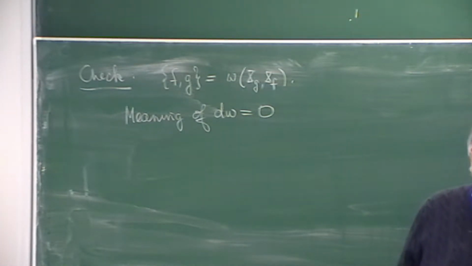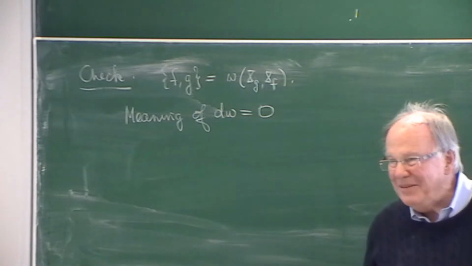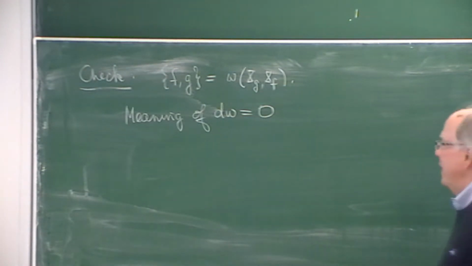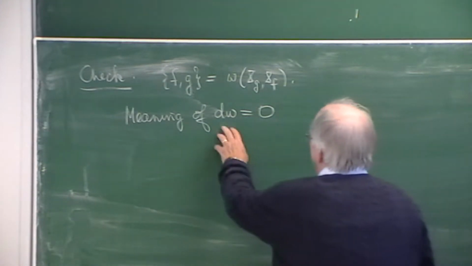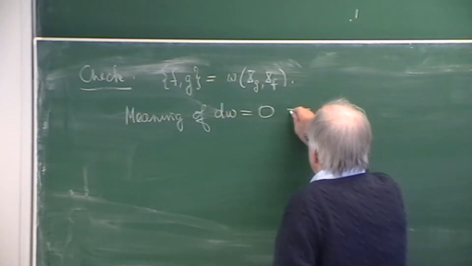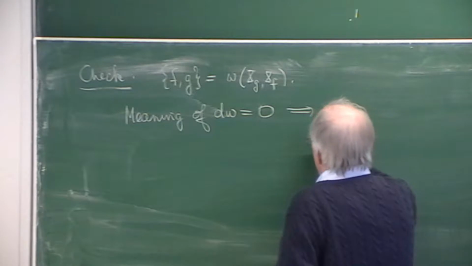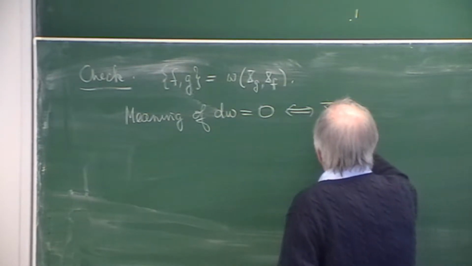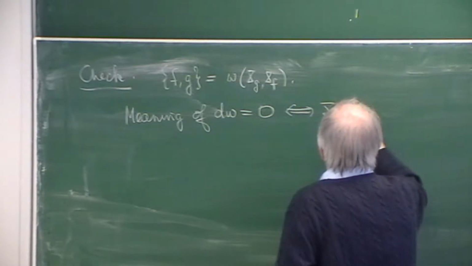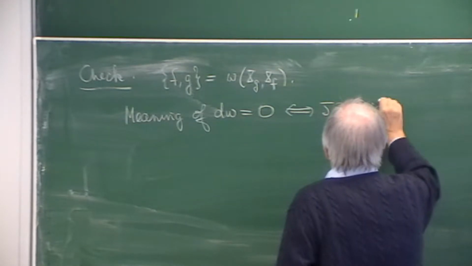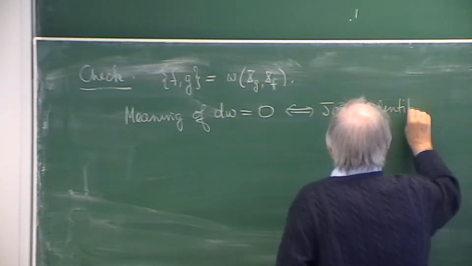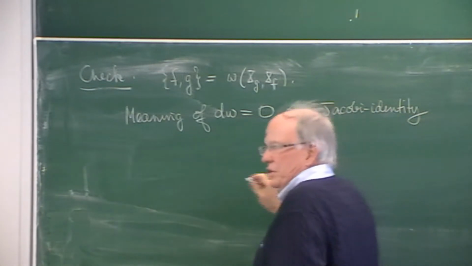Whatever it is, it's a 3-form. And so you can imagine that it has some meaning here, and what the meaning is this. It is equivalent to what we call the Jacobi identity, which is